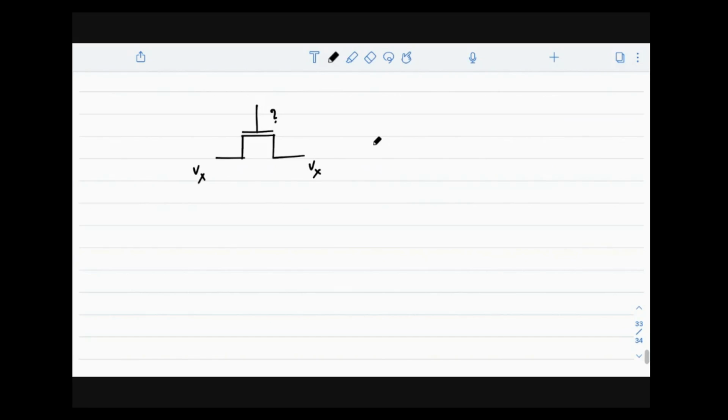The question is, you have a switch. On this side, you have Vx voltage. Right side, you have Vx voltage. You want to equalize a Vx voltage. How can we say that this will act as a good switch? When I say good switch, when it is on, it should give you a minimum resistance, and when it is off, it should give a maximum resistance. So what is a suitable choice of voltage here? Are you guys with me? Can I get some response in the chat?